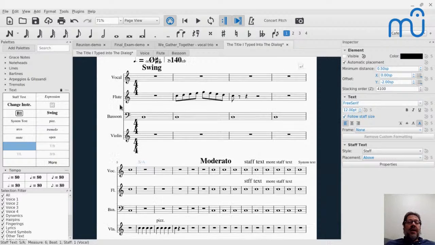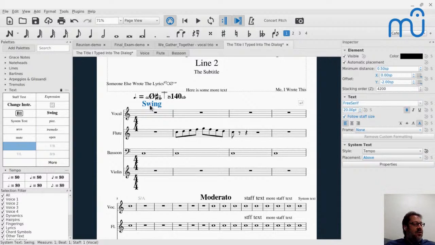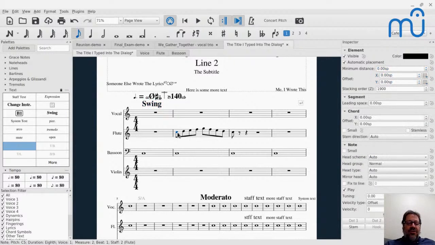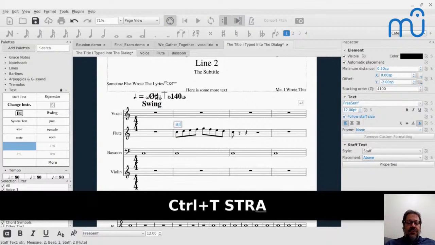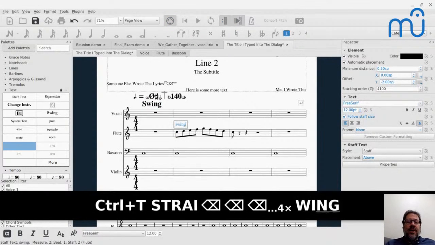Oh yeah, by the way, swing by default is a system text, but I see you're talking about making it as staff text. So by default, the swing in the palette is system text. But if you want, like the drums, to have a different sense of swing, like maybe the drums are going to have a really exaggerated swing, which is pretty typical, ding, ding, ding, but the melodic instruments a less exaggerated swing, or you want a straight eighths groove while the other instruments swing, you can do that. You can just add your own staff text and say, like, well, I'll say swing here.